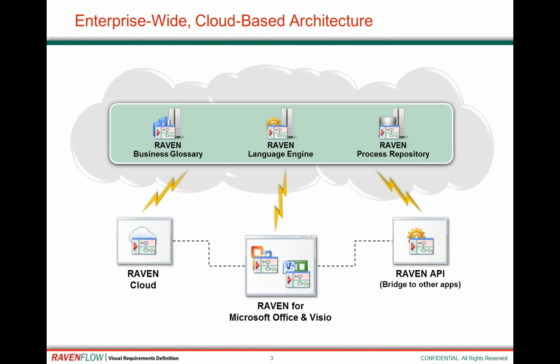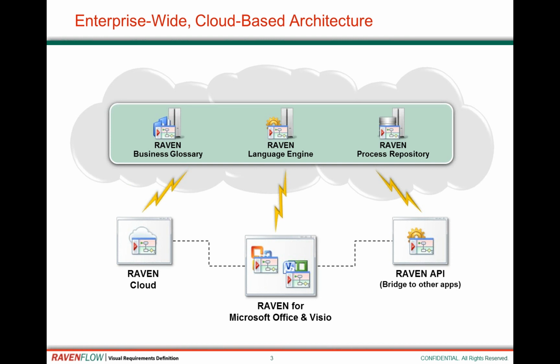Surrounding Raven Office is Raven Cloud. So think of it as a web-based access point for Raven process and use case models. And that's available today, as you know, that people can go out and purchase with a credit card. But in this new strategy, it'll be something that's included when you buy into the Office products. So when you get Raven for Office, it'll come with the ability to set up a Raven Cloud account for yourself or for many other users in your company that you're